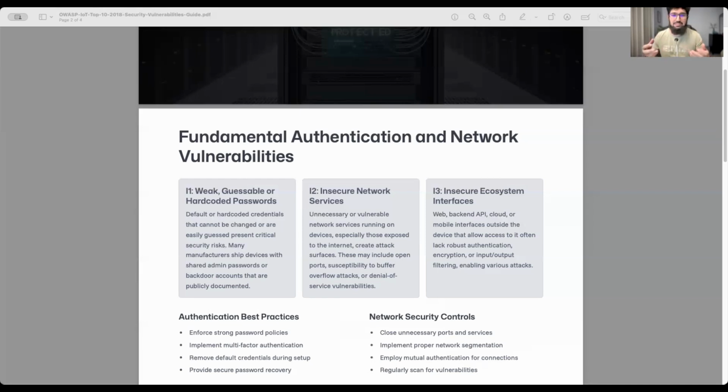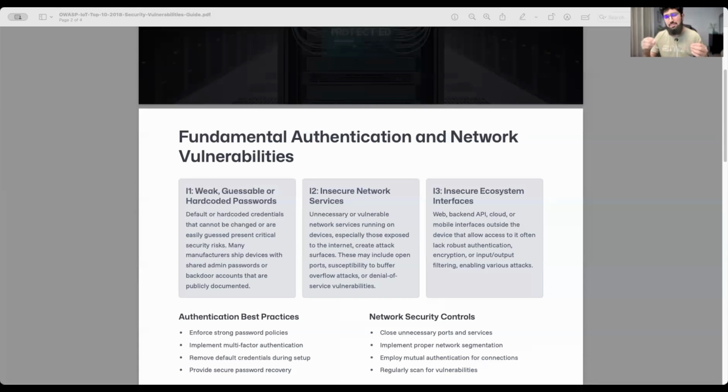How can we detect this? Manual testing of authentication, automated scanning using tools like Hydra or specialized IoT security scanners, firmware analysis to identify hard-coded credentials in configuration files or binaries. You can also use network traffic analysis to identify clear text password transmission, and review device documentation for default password information. So these are detection methodologies, whereas mitigation strategies are like: you should enforce strong password policies,